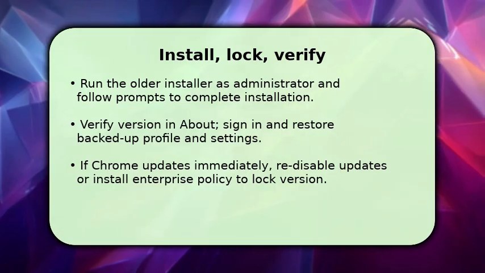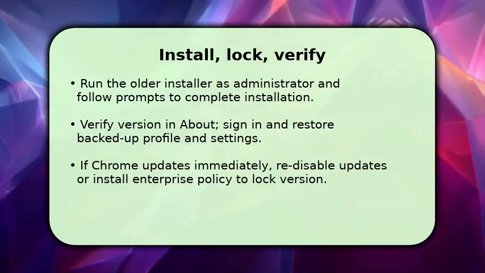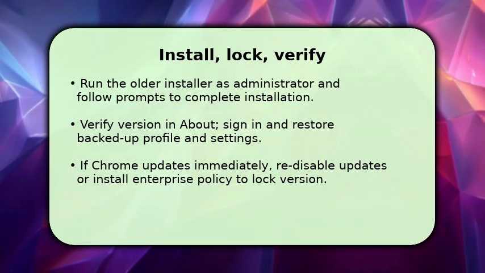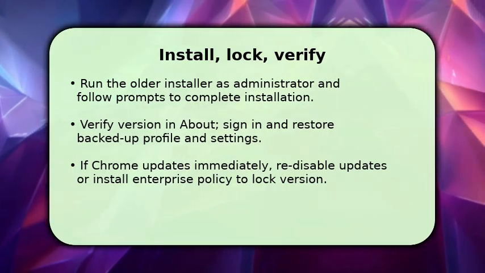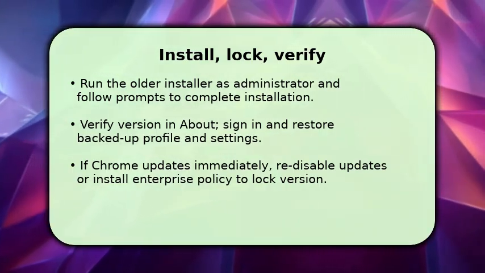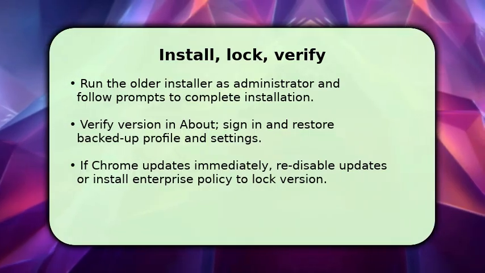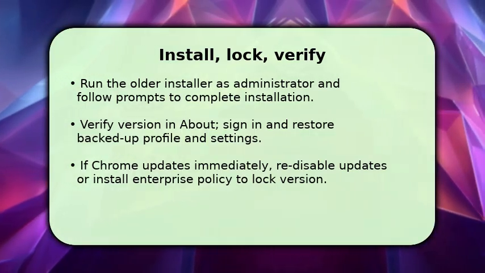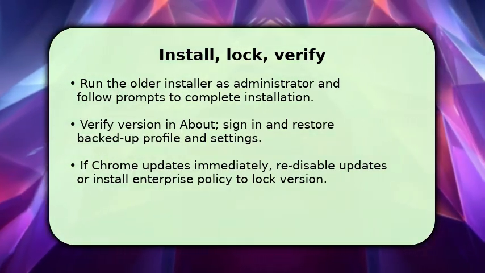If Chrome tries to update automatically, make sure update services are disabled or apply a simple enterprise policy to prevent updates. If extensions misbehave after downgrade, remove and reinstall them. That fixes most compatibility problems without needing an